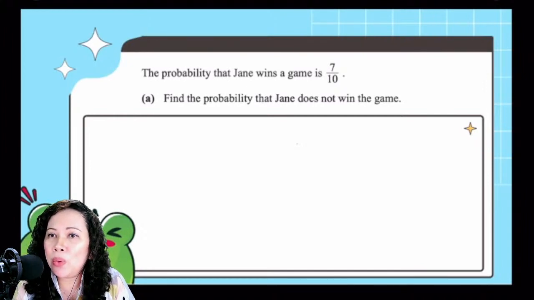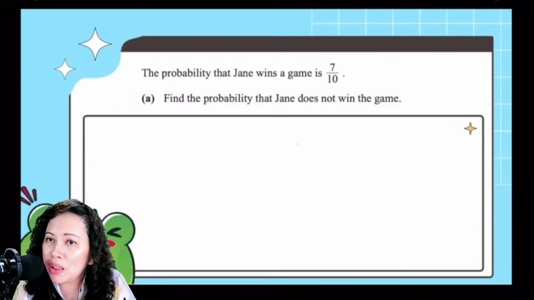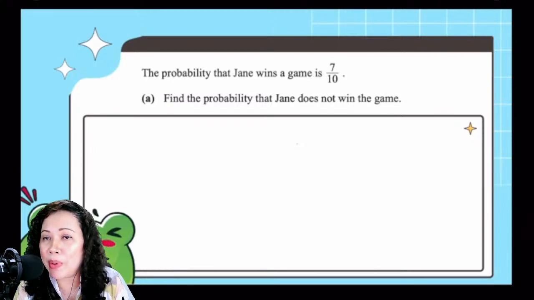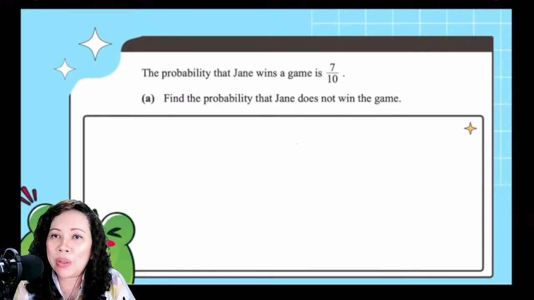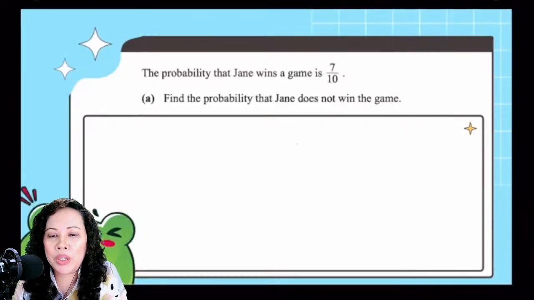And when we have fractions, the total event is always 1. And if it's a decimal, it's also 1. And if it's percentages, it's 100%. So that is the total of your probability. So if you have questions such as this, it's always 1 minus the event. Or if you have the word and